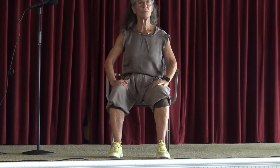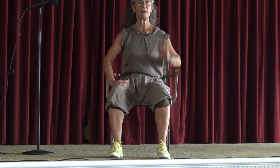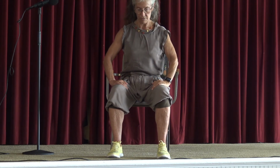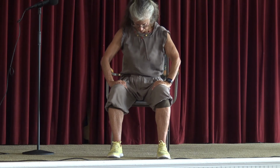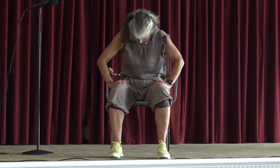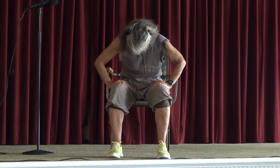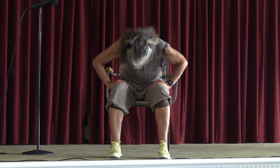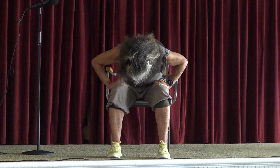Okay? So we'll do it one more time. Hands, fingers are pointing in, elbows are out, and visualize from the very top of the head, the eyes are going down, the chin is dropping, and from here on, gravity is slowly taking you down and down and down, only to the place that it feels right to you. Hang there,